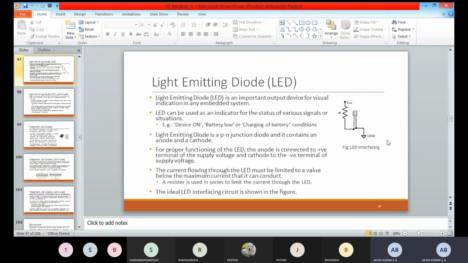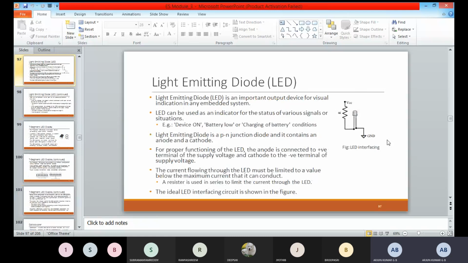The output port pin is there, so the anode terminal will be directly connected to the port pin. And that particular port pin drives the LED circuit, turning the LED on and off. That is called a driver circuit, which drives the LED. The port pin is a source of current to the LED when the port pin is at logic high, that is, 1.